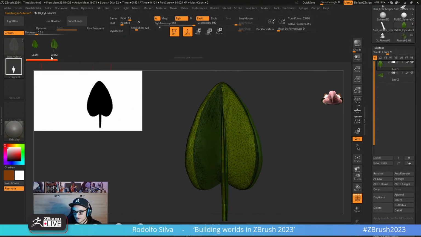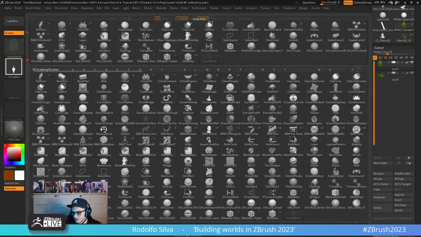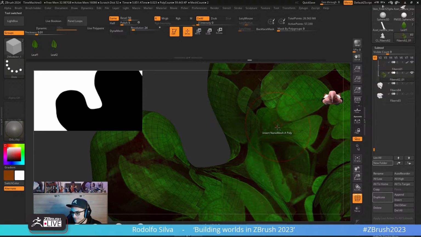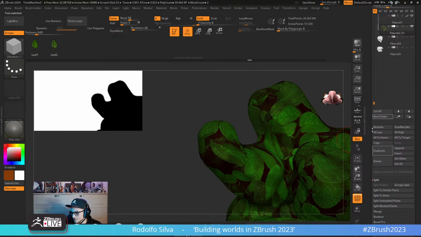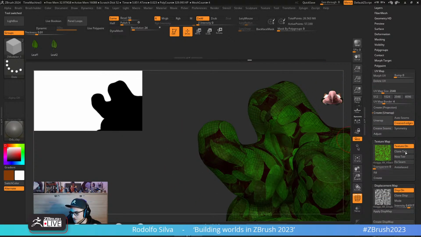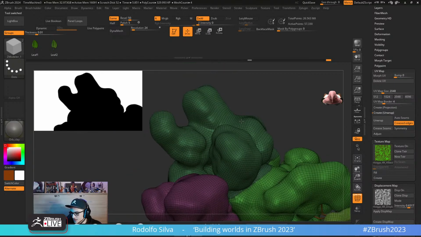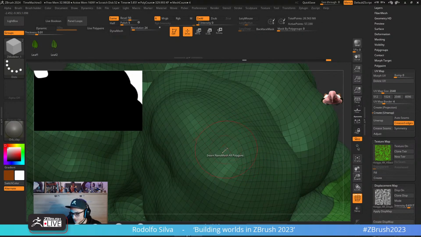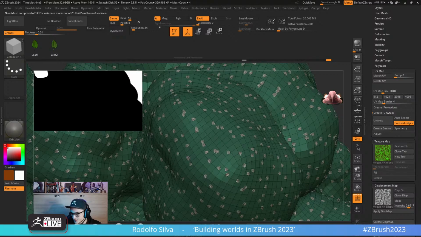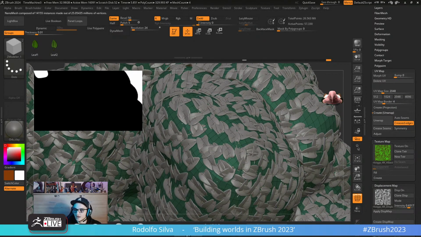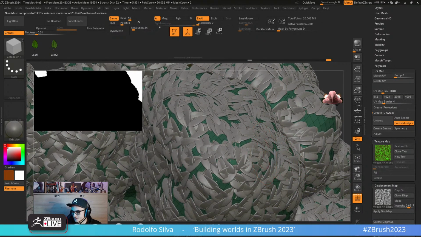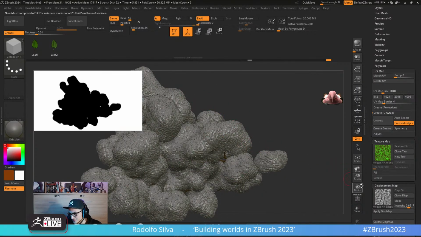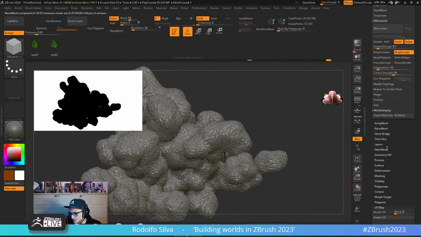So I have leaf 1, leaf 2, and now I'm gonna convert this into a nanomesh. And if I go back, we can just for now turn off the texture, and we can go over here and insert to all polygons, and I'm gonna insert this leaf everywhere, right? It's gonna start lagging because there's a lot of leaves. That's a lot of leaves. So what we can do now is go over here to our Nanomesh